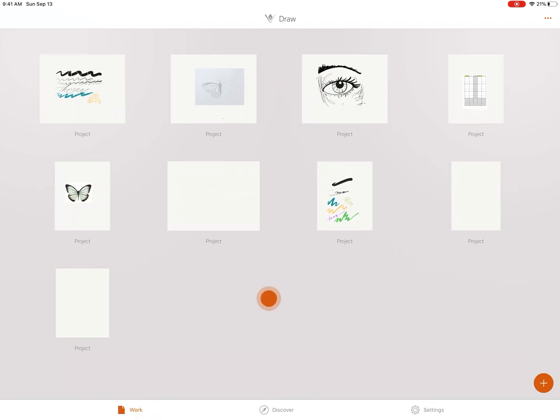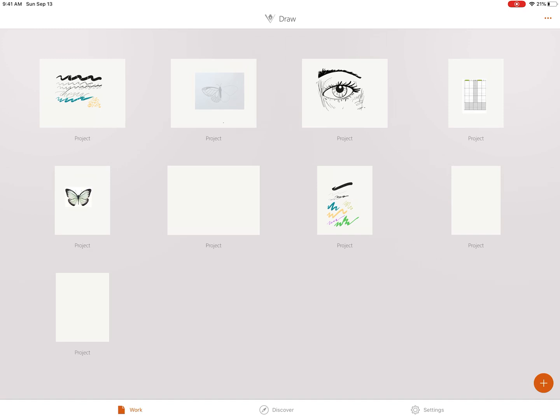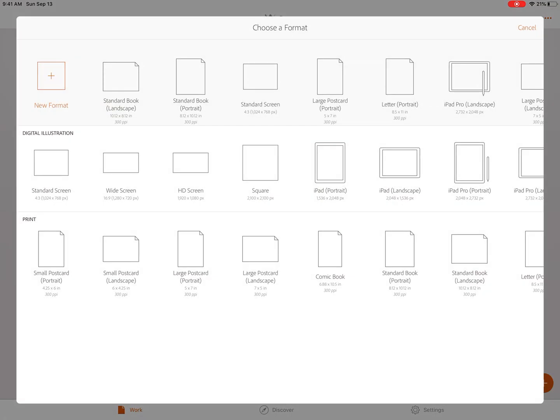So this is where all my work is going to store. Every time I create something new, it's going to store back in here. Up here in the top, I can select projects, I can delete them, I can sort them. All right, down here, I have this circle with the plus button. That's how I'm going to create a new piece of artwork or canvas. All right, so two options, digital illustration